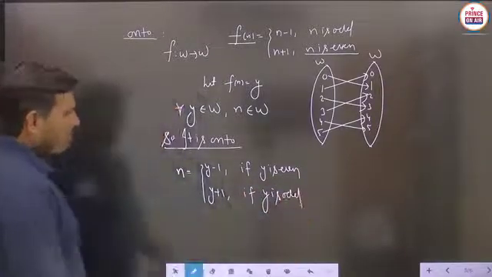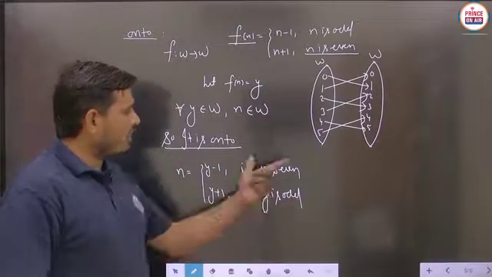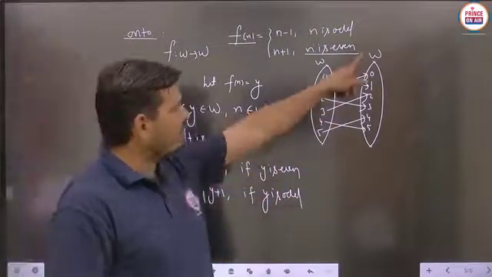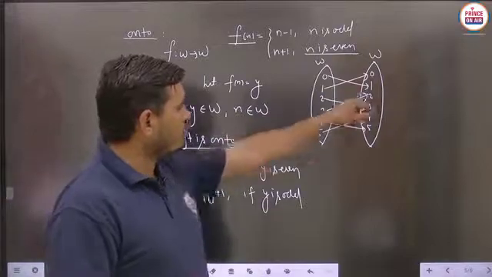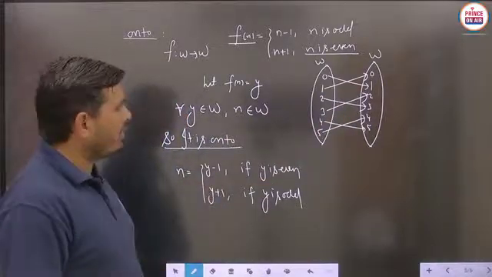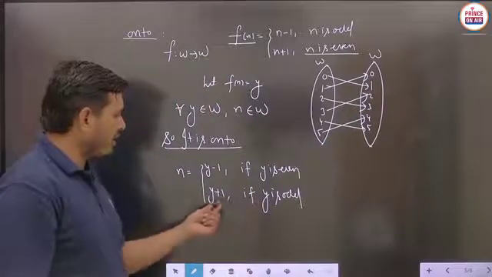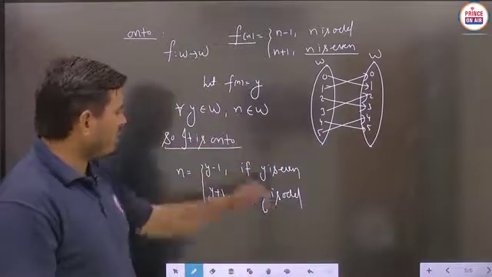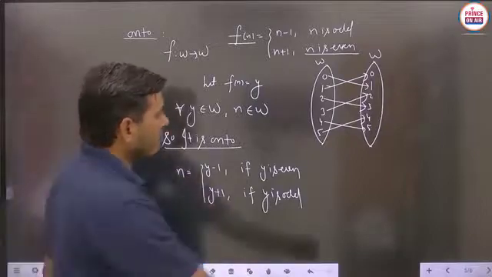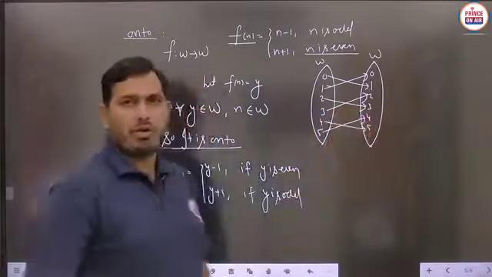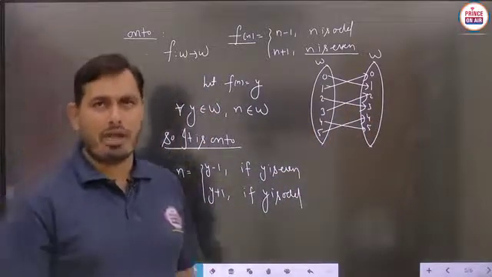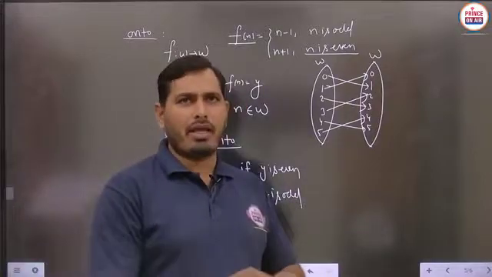Because now you can check. Suppose you can take any of the even number as y. Y means from the codomain you can take. Suppose 2 is to be taken. So then 2 minus 1 will be 1. So 2 has the pre-image as 1. No problem. Similarly, you can take this part. Suppose we take y as 3. Then definitely 3 plus 1 will be 4. So 3 has the pre-image as 4. Means all the elements in codomain definitely have some element